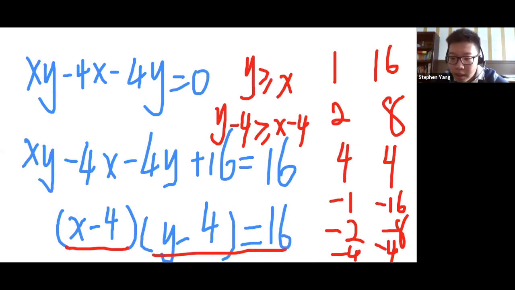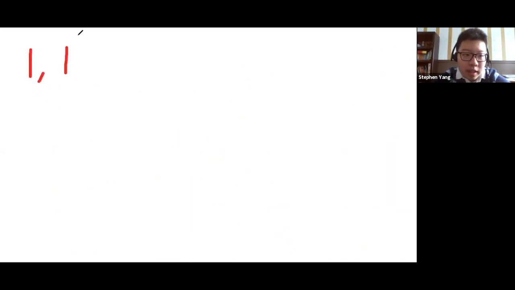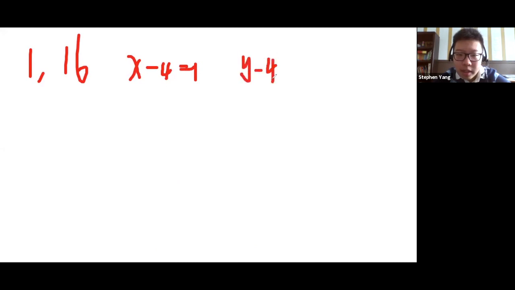Now let's consider each case. First start with 1 and 16. This means x minus 4 is 1 and y minus 4 is 16,